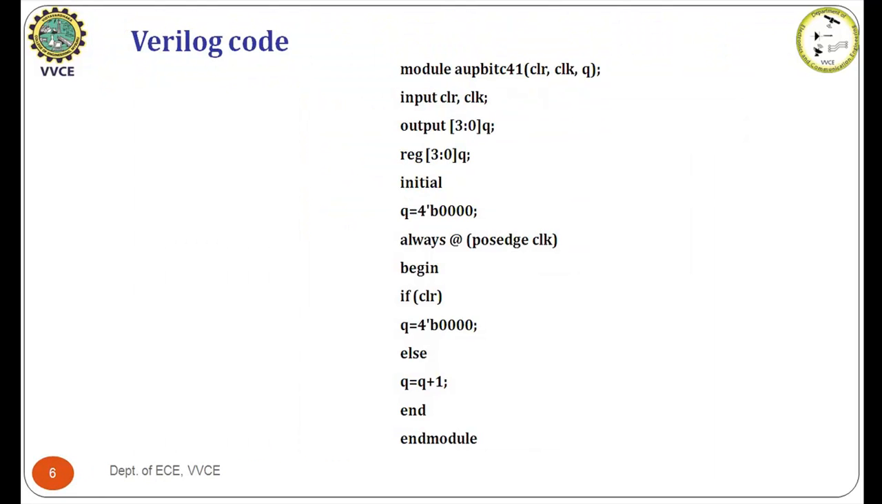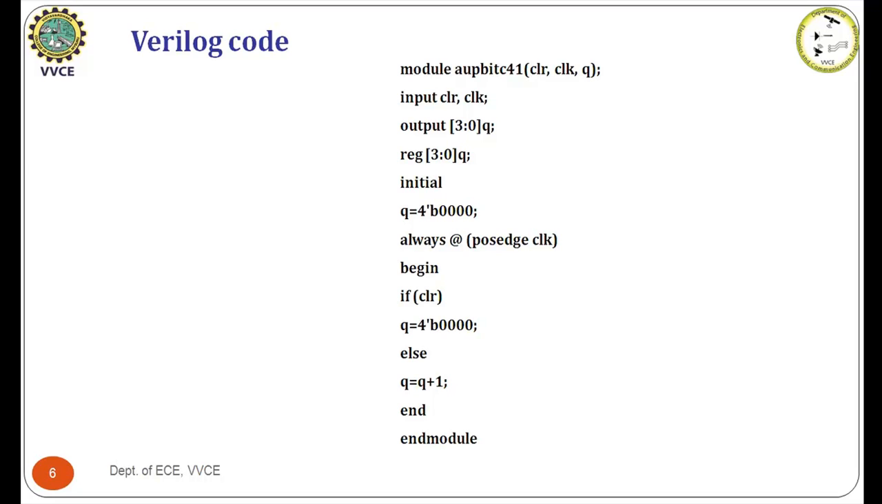So writing the Verilog code for this, similar to the 4-bit BCD counter, we have a module here, that is the module name, AUP bit C41. It is nothing but a 4-bit binary counter. We have similarly input and output parameters defined inside the module, that is clear, clock and Q. Inputs are clear and clock, and output is Q. Since the output Q is a 4-bit vector, it is declared as 3:0, and it is stored in a register